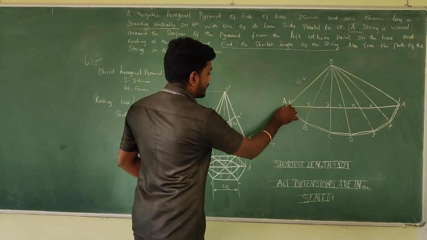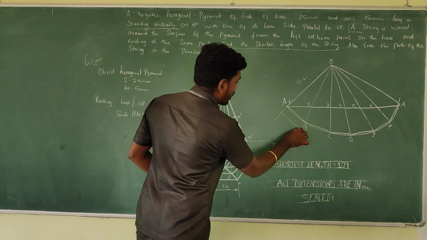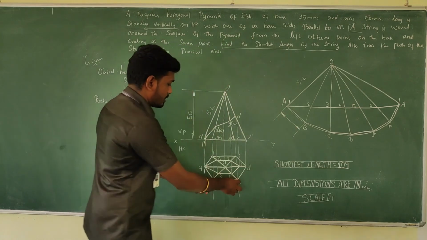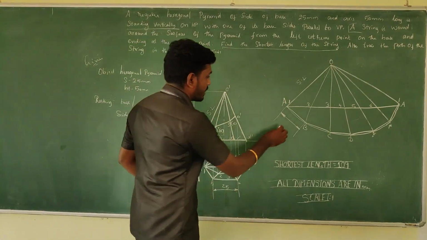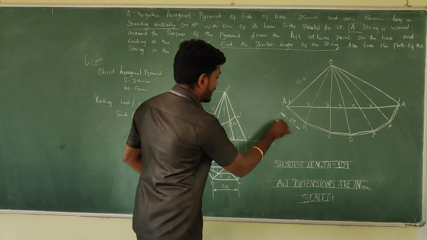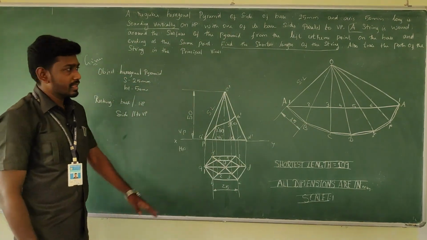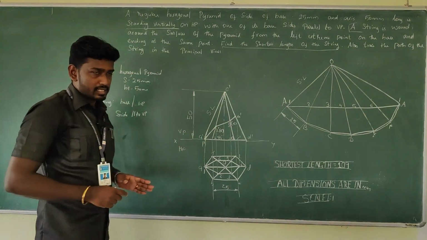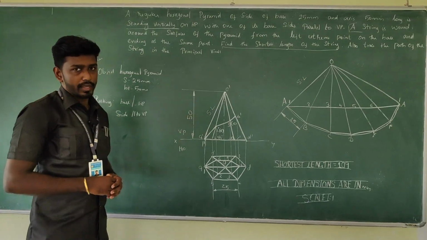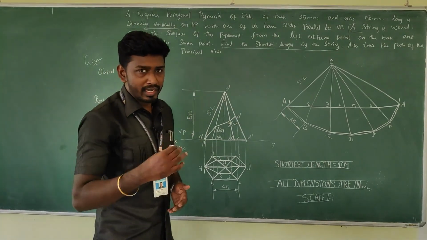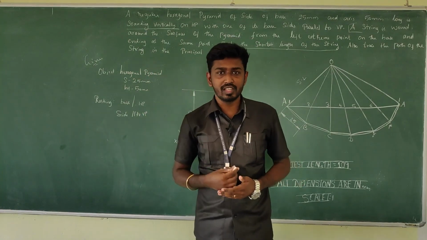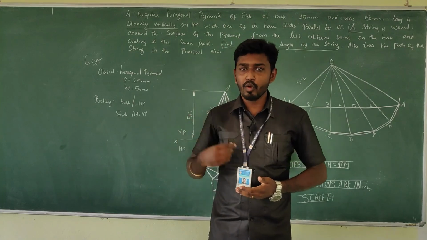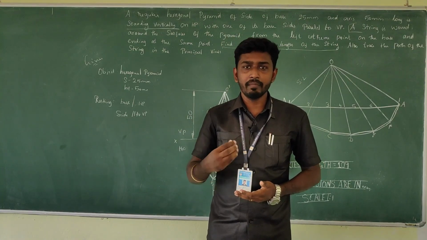Here each segment we formed is with respect to the measurement of which side. So here we can show the 25 mm distance. This is with the slant length. It is taken from the O to A dash. We can also show it. Okay, I hope you understood when you have such questions like string wound around the pyramid. I hope you got the exact concept of it. Okay, thank you so much.